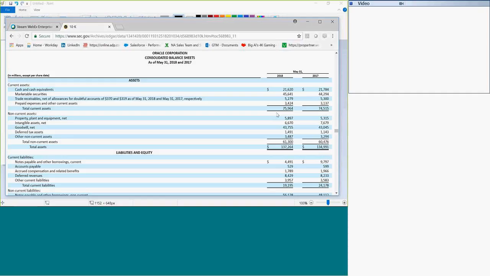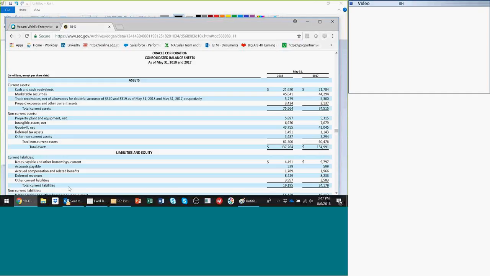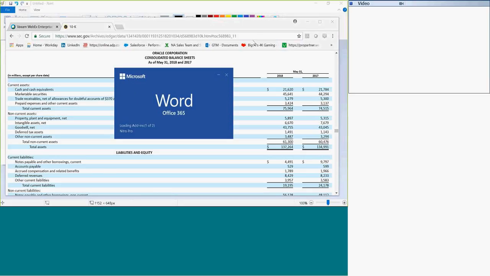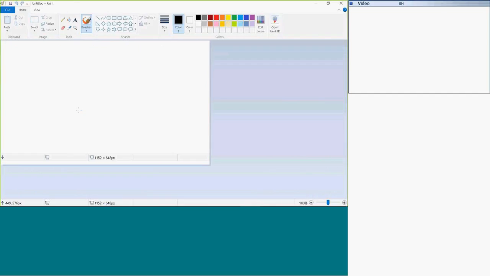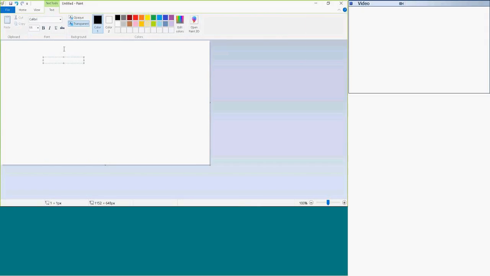So this is a little trickier, but we'll go through it. First, we have property, plant, and equipment. So here's how property, plant, and equipment works. And this interrelates a bit with the cash flow statement. So I'm going to pull out, oops, not Word. Property, plant, and equipment works like this: